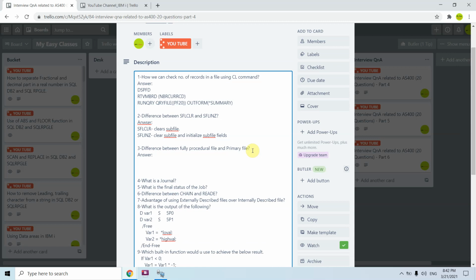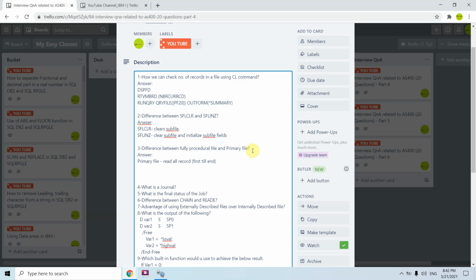So this is the main difference: a primary file reads all records one by one, in the same manner, from first till end. A fully procedural file can read any record.